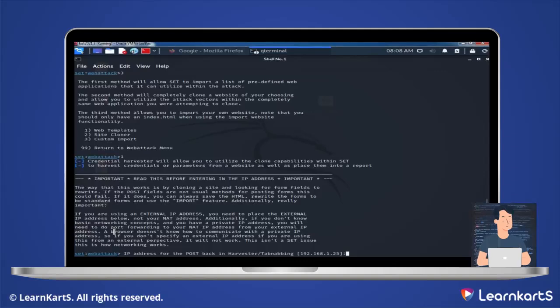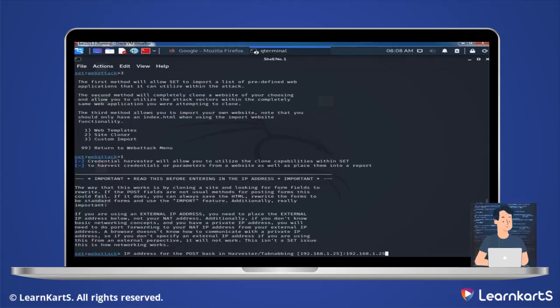Now, it's inquiring about the location of the username and password for this case. Imagine if someone enters their username and password, it won't save in a notepad. Instead, it'll display the results right here in your Kali Linux. To make this work, you need to enter the IP address of your Kali Linux. This is the location where it will send the captured username and password, commonly referred to as a postback. For instance, the IP address for this Kali Linux is